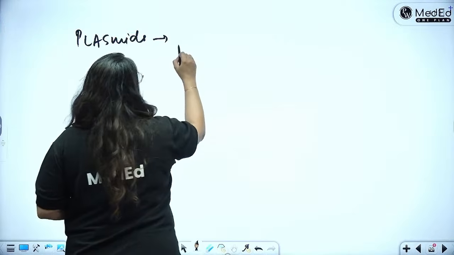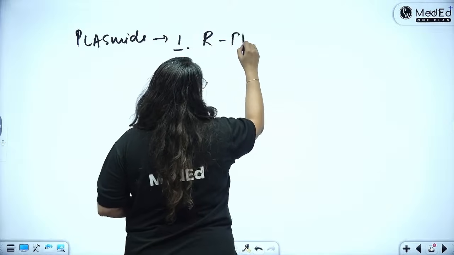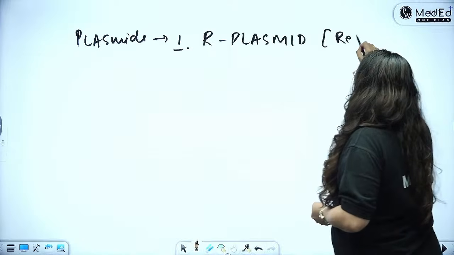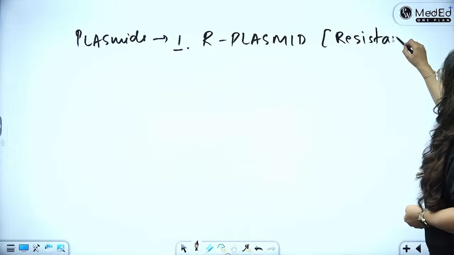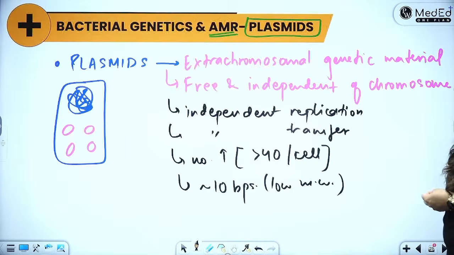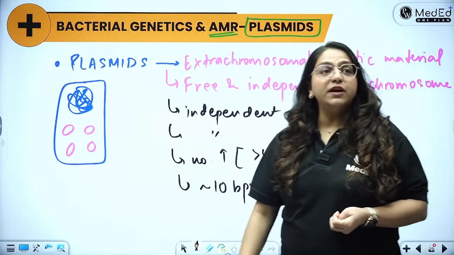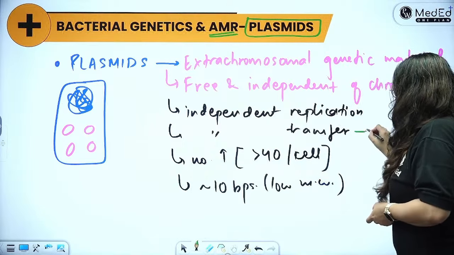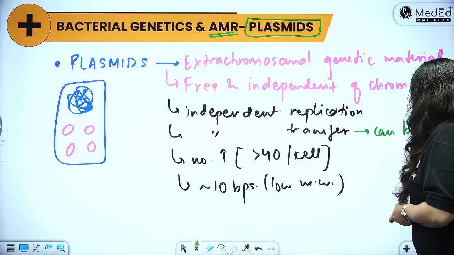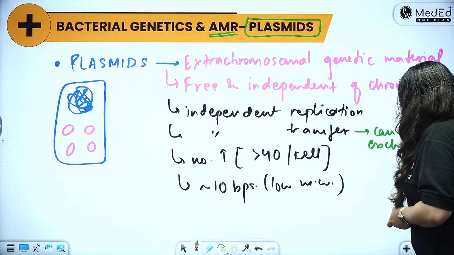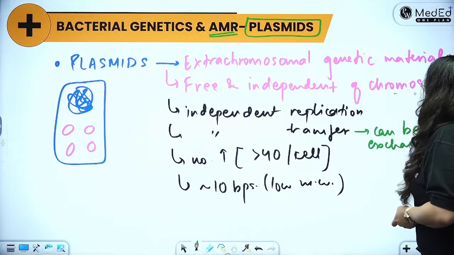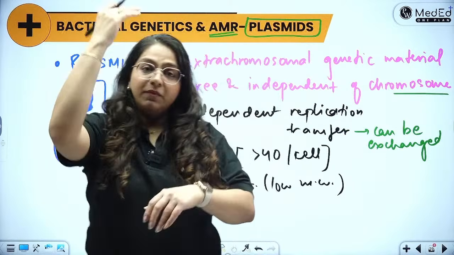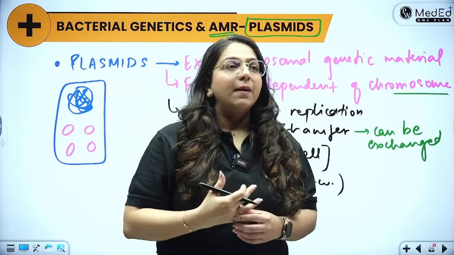So, plasmid examples can be the R plasmid. What does R plasmid do? R plasmid transfers the resistance gene between two sitting bacteria. The thing about plasmids is that they can be transferred between two unrelated bacteria. So, two bacteria sitting in close proximity can transfer and exchange their plasmids, whereas chromosome can only be exchanged vertically from mother to child. But